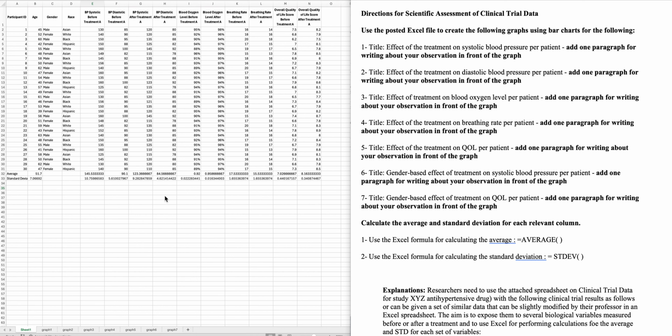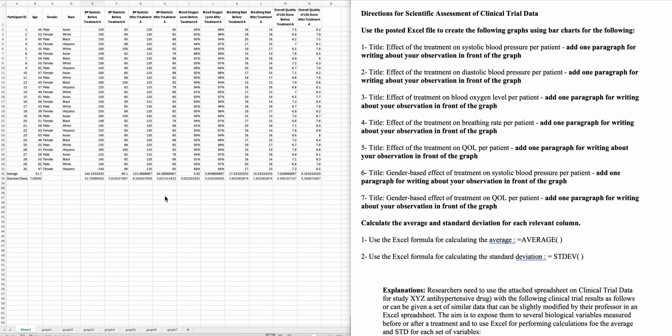Before the treatment, the average systolic blood pressure is approximately, and here you give the number, while after the treatment, it's approximately what number. And don't forget, it should be in the correct units. It's millimeters of mercury. The difference between these averages, which is the average change in systolic blood pressure after treatment,